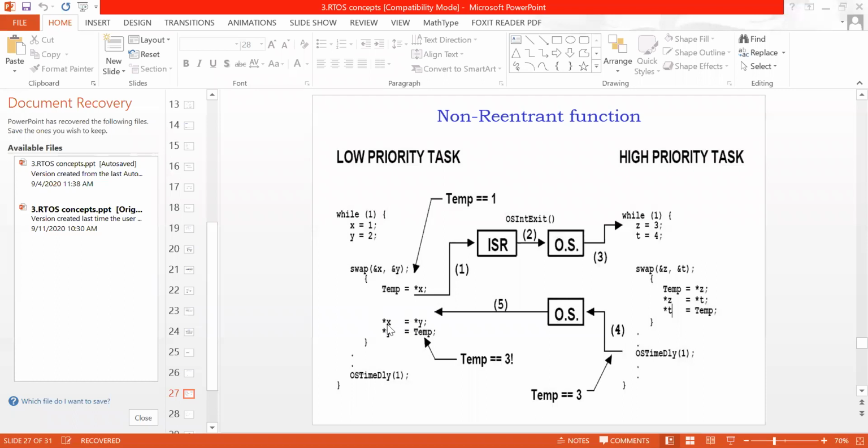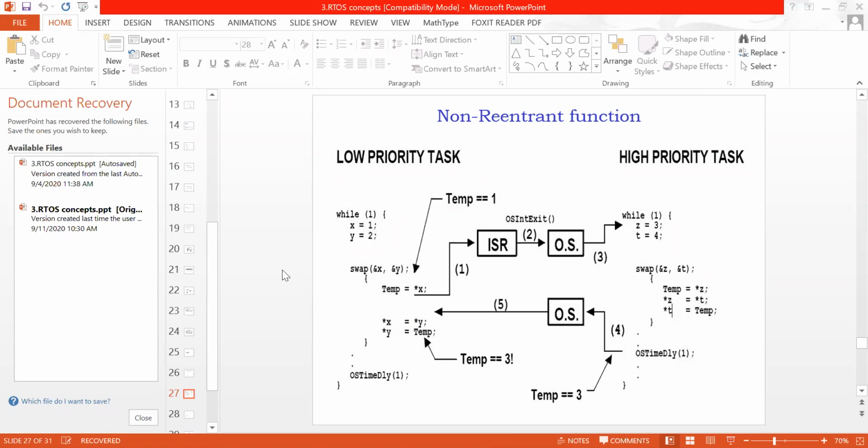The value of x is correct, which is 2, but y should be 1, and rather than 1 it is 3. This is what happens with non-reentrant functions. We are losing the contents, which means our task is incorrect.